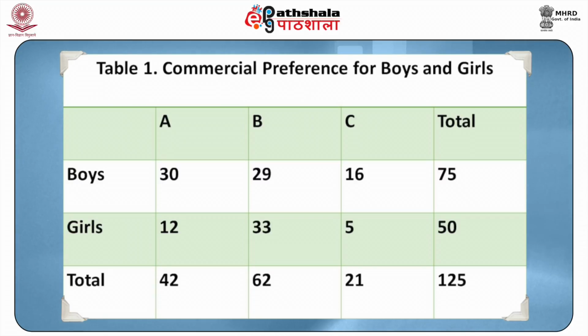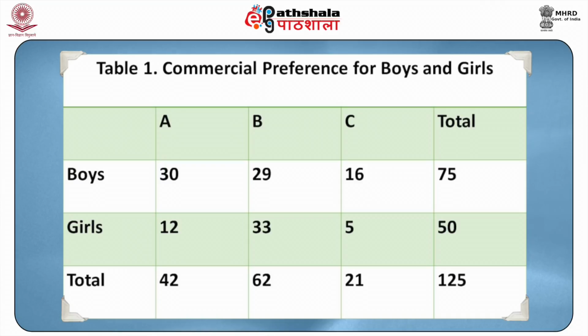Of course, there is a diagrammatic representation and the chi-square has been calculated. Consider the upper right cell of the table. The overall probability of a child in the sample being a boy is 75 divided by 125, that is equal to 0.6. The overall probability of liking a commercial A is 42 divided by 125, equal to 0.336. The multiplication rule states that the probability of both of two independent events occurring is the product of their two probabilities. Therefore, the probability of a child both being a boy and liking a commercial A is 0.6 into 0.336,